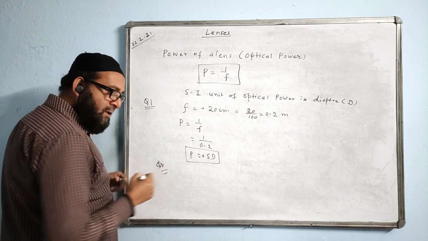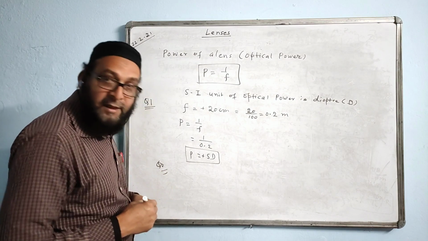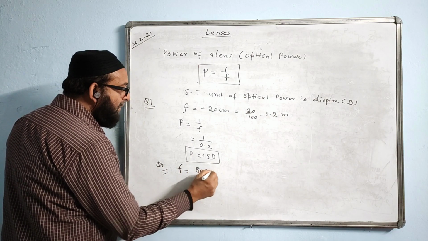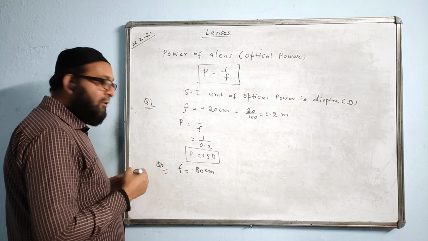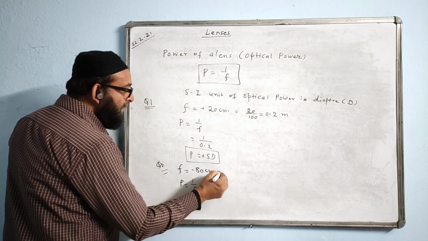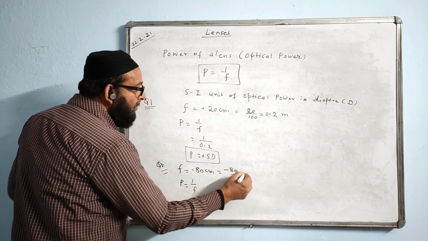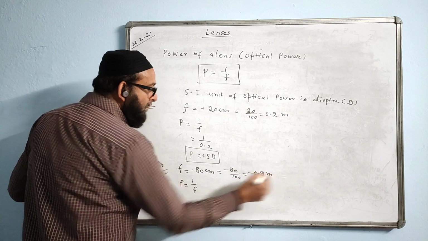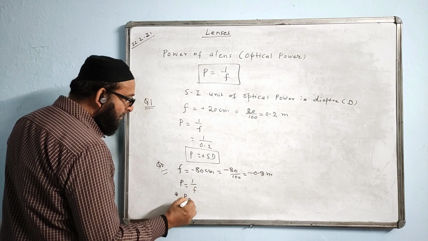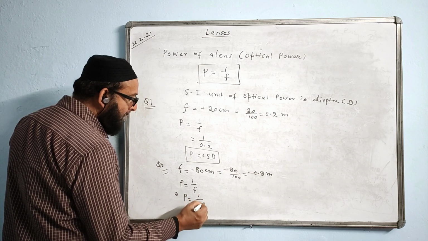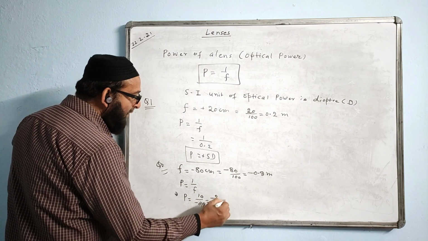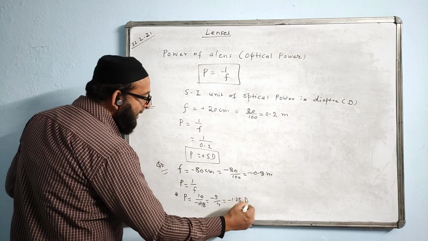Now, question number 2 says the focal length of a concave lens is 80 cm. Concave lens, so f is equal to minus 80 cm with a minus sign because it is a concave lens. Find the power. The power formula we have 1 by f. Change into meter immediately. So minus 80 by 100 you will do. The answer will become minus 0.8 meter. Focal length we must take in meter, then only we can calculate the power. The power value will become 1 upon minus 0.8. Point will go, 0 comes here. 10 by 8, minus 5 by 4. Divide, answer will become minus 1.25 D, diopter.